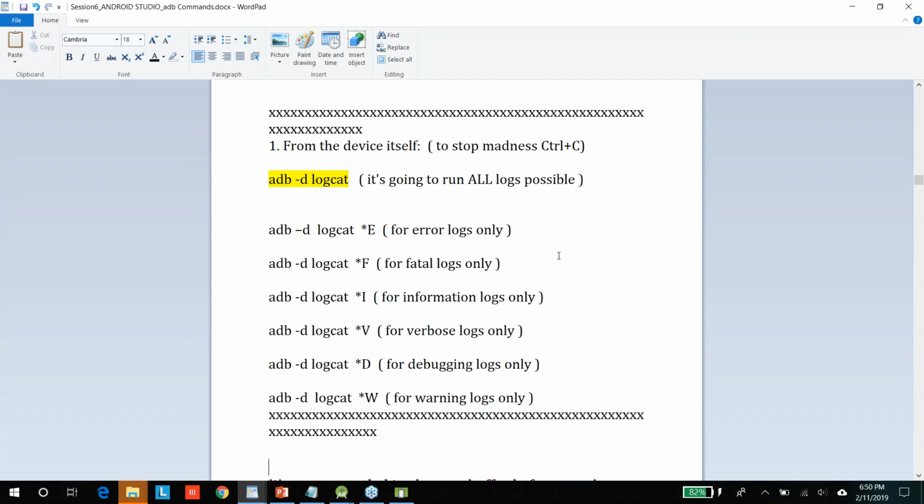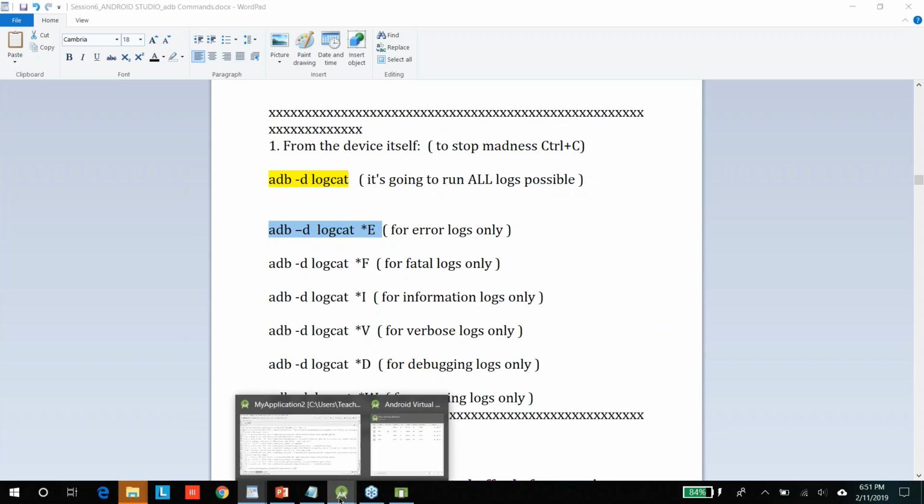I don't know, guys, on your Android Studio, especially Windows. It depends if you have Windows 7 or Windows 10, you might want to use only the capital E. Mac people, you can use the lowercase. But try it both ways, okay? And for Windows 10, yes, you don't need to put the capital. So let's try to run only error logs for our device